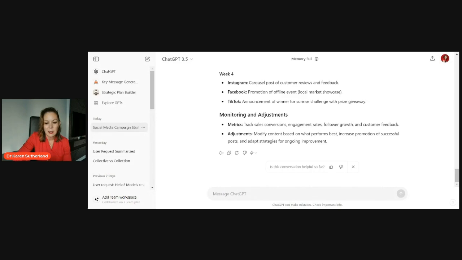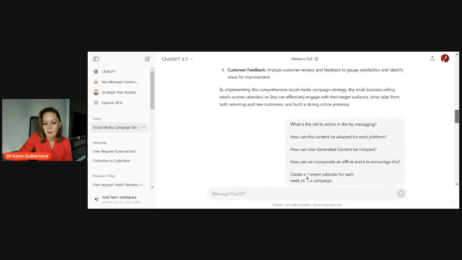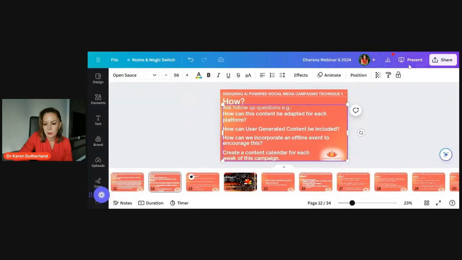If you get stuck, it can help you understand that, and you can go more deeply into it. So you can say, okay, write me the TikTok post for one week, and then go more deeply into each of these things. But as a top level type of strategy document, it's very helpful to get you started. Let's move back to the presentation.